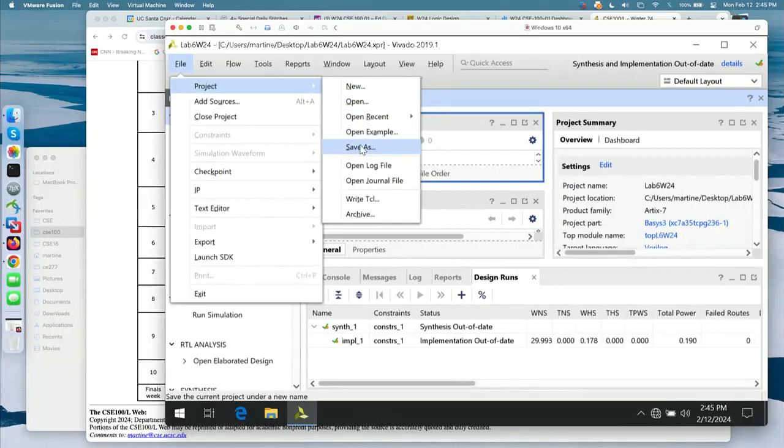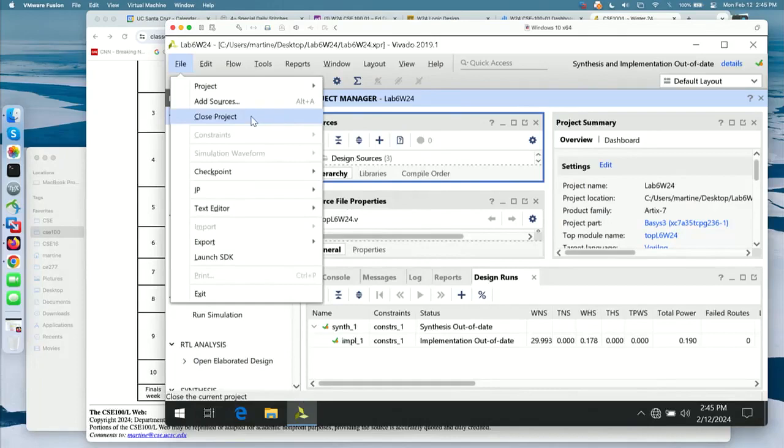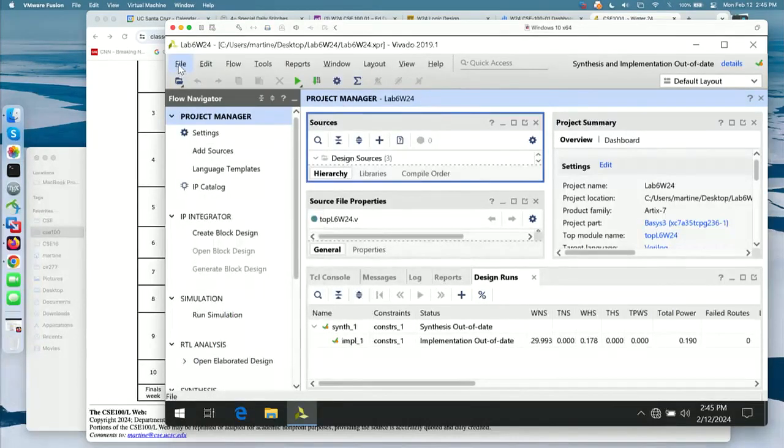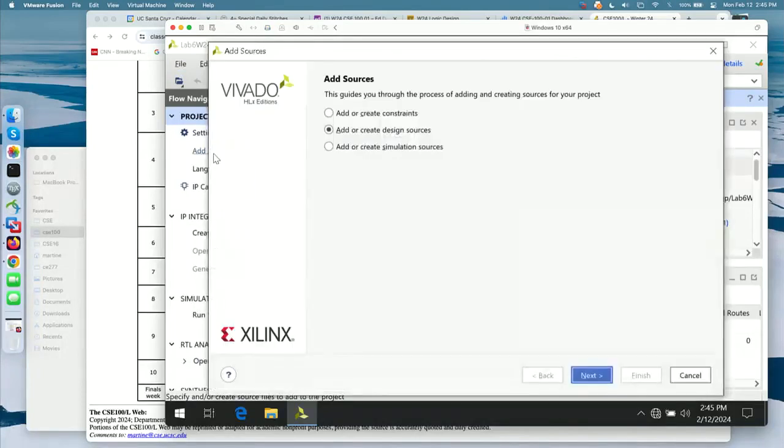Take an existing project and save it under a new name if you want to make a copy, so that you don't mess up your old project, especially if you have an upcoming write-up. You need your old project intact. The other thing is if you want to add a source from a previous project, like reuse your counter, for example,